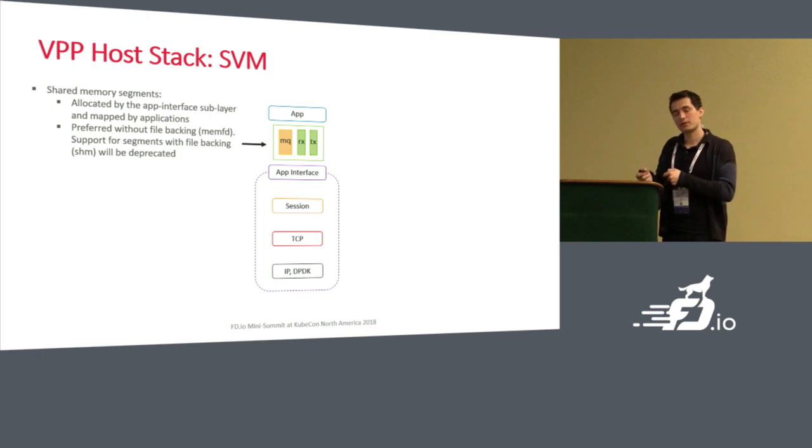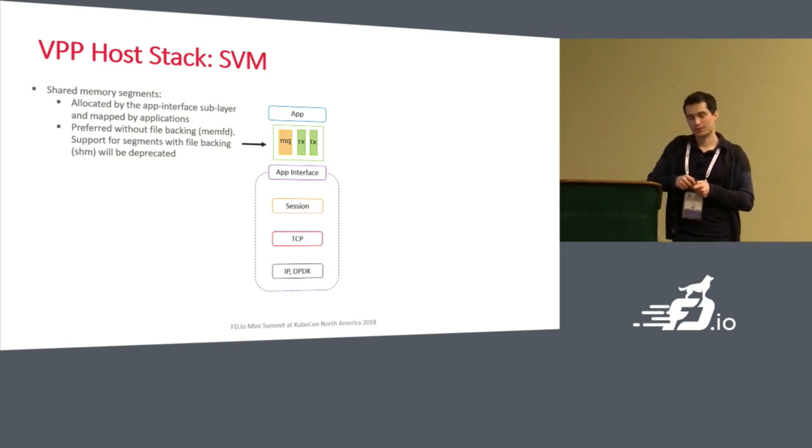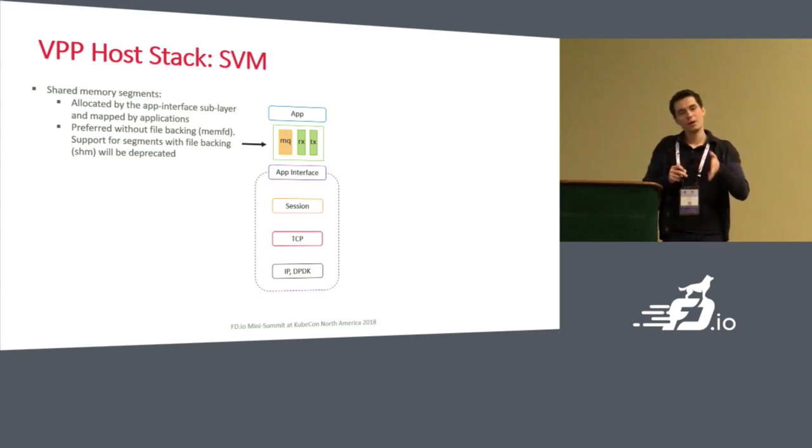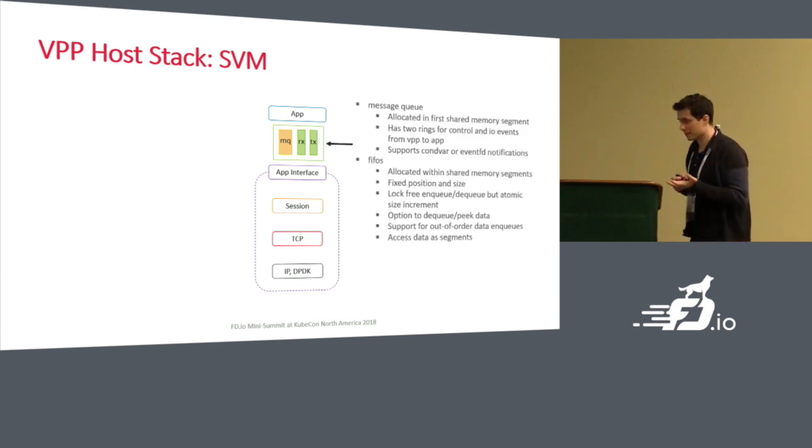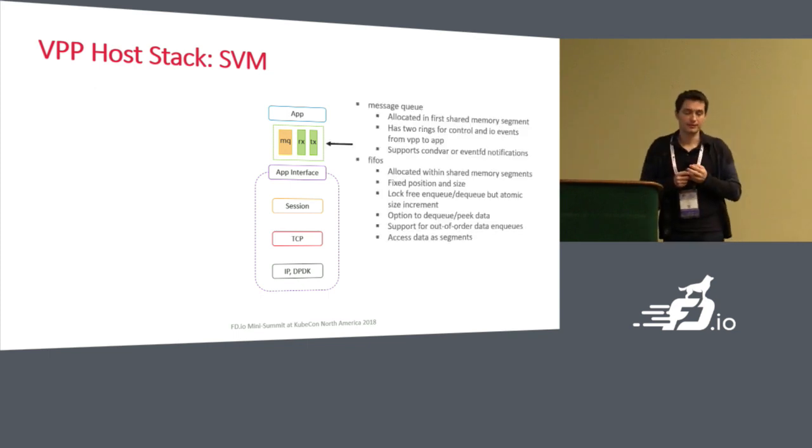And by that, I mean the first group uses the traditional POSIX API for allocating shared memory segments. The other one uses memFDs. So VPP allocates a memFD and exchanges that over the binary API's socket transport. So the binary API also has a socket transport. We can exchange that, and now the application can map that special FD. The thing is, these are much more secure, so probably at one point, we'll decide to drop support for the traditional shared memory-based segments. So within the segments, we allocate two types of data structures.